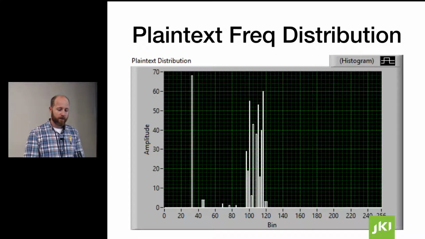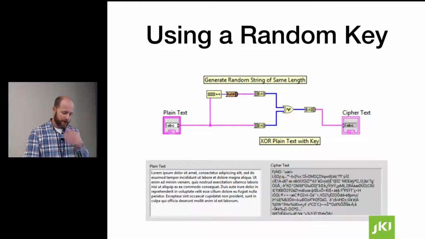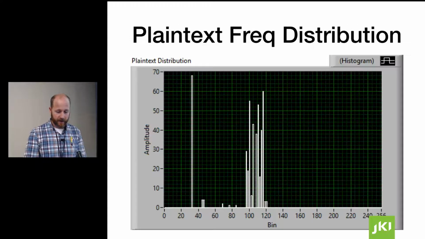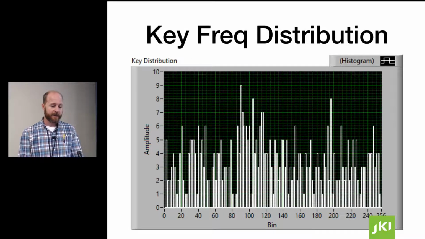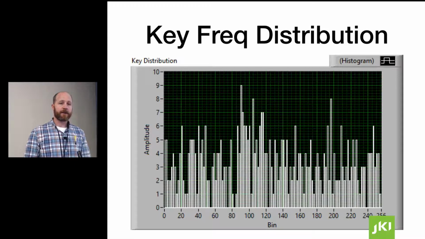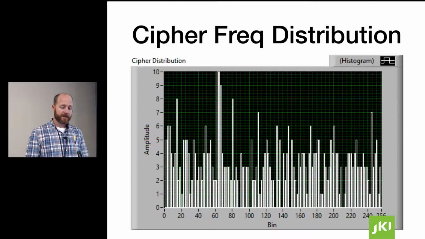So what we'll see here, the difference, I just took some lorem ipsum text and plugged it in and looked at the plain text frequency distribution, and we can see that it's totally not random. And here, I just generated a random key of the same length as the input data. You can see this looks very random. And if we look at the cipher frequency distribution, it's completely spread out, and there's really no way to decipher any information from this unless you have the original plain text information and were to do some kind of dictionary